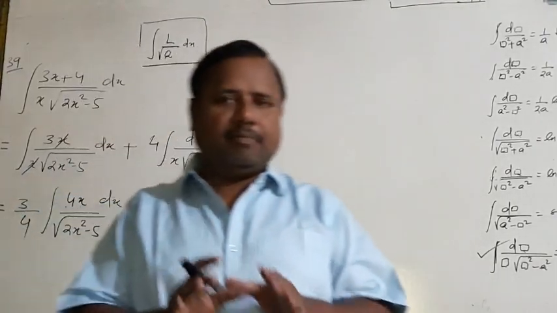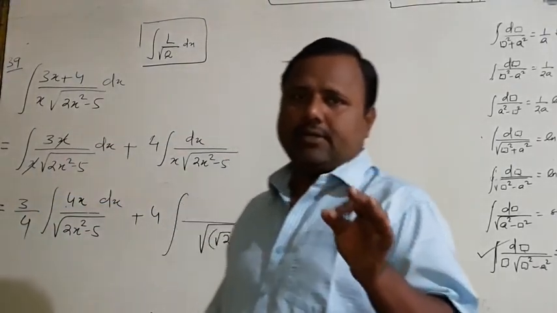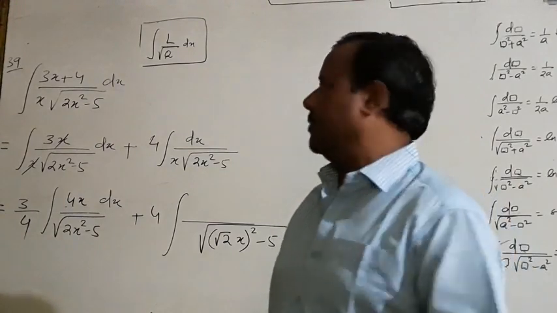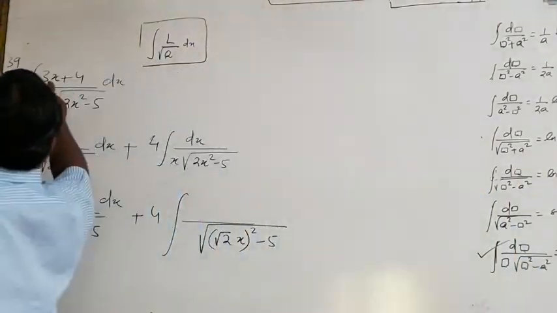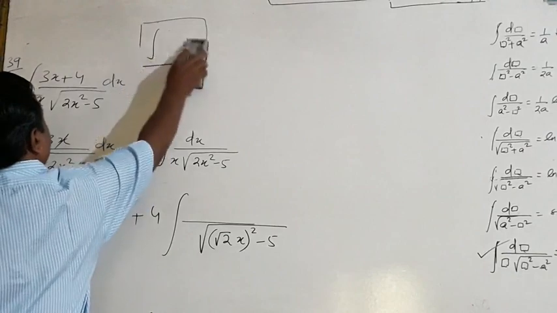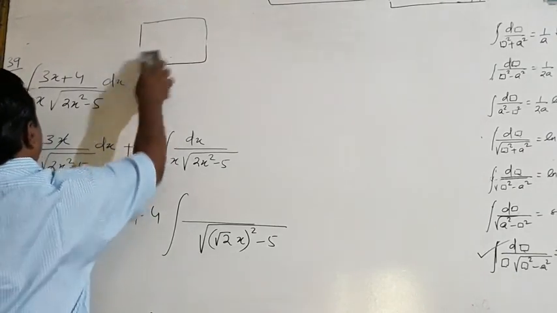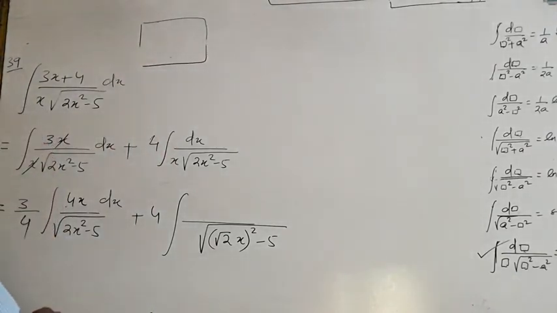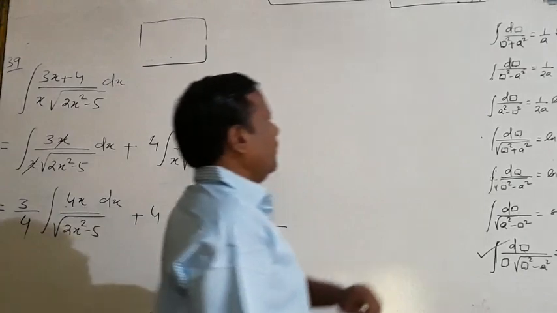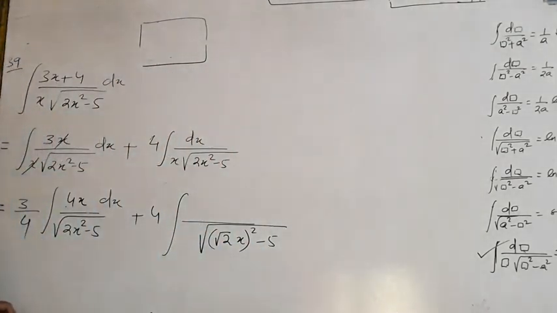Look at this problem minutely. Then you will know the difference between other problems and this problem. Now, it is linear by quadratic root over. It is not linear by quadratic root over. It is in the form linear by quadratic into a variable. And look at all these formulas. Which formula will be applicable to this problem?